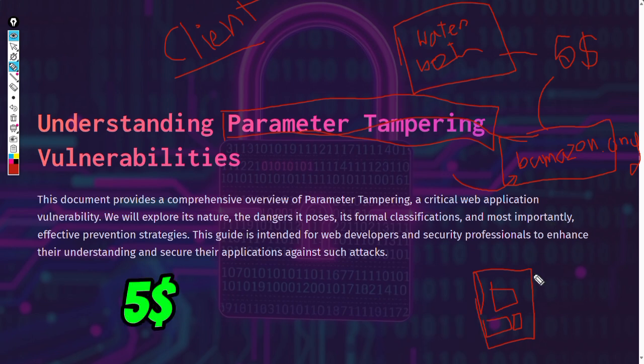So the server will make a connection with the client and ask the client, what is the name of this product, or ID, and let's say price. So the server doesn't know the price, it is accessing the price value or the parameter from the client side, or your browser,